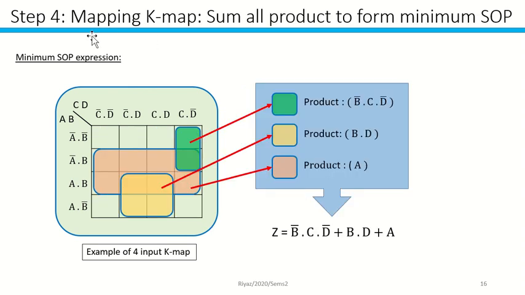So step 4 of mapping the K-map is to sum all the products to form the minimum SOP. For example, we have a situation with this one 2-cell group, this one 4-cell group, and this one 8-cell group. The green one will produce A bar, B can be eliminated, and C, D bar. So A bar,